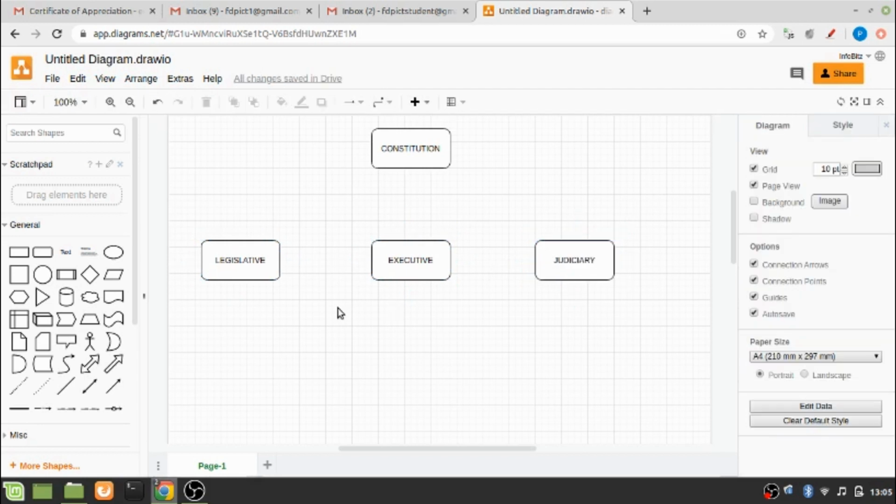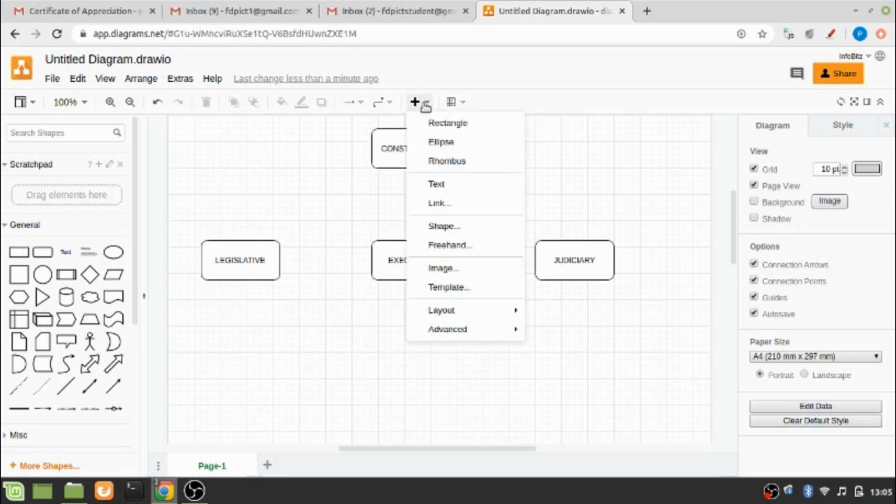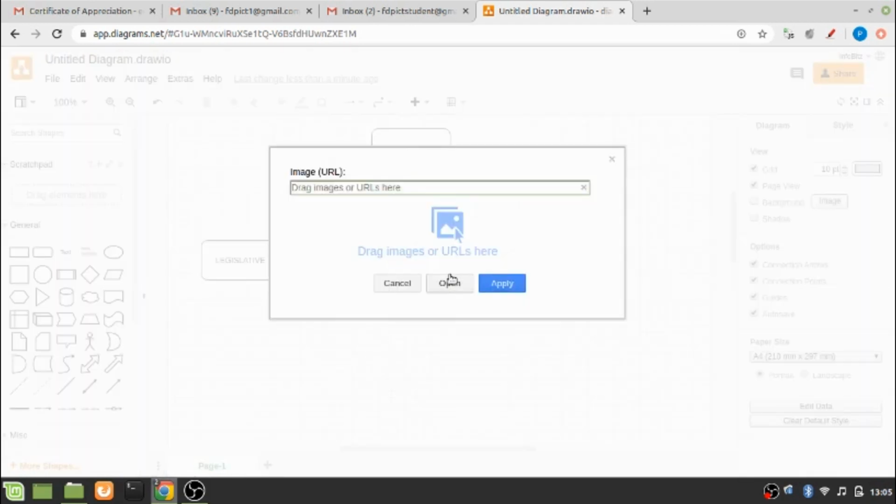We can also insert some images to make the chart, the diagram, more attractive. For that we have to go to the insert option, the plus option in the toolbar. Just click on that and click on image. Okay, I am clicking on image.